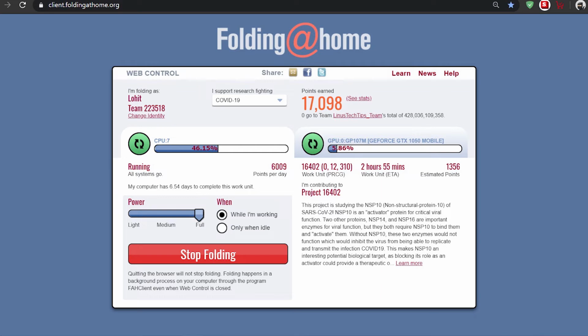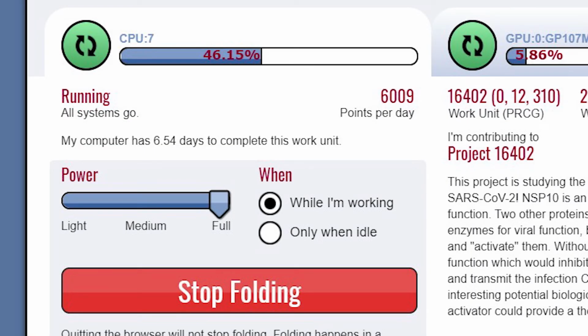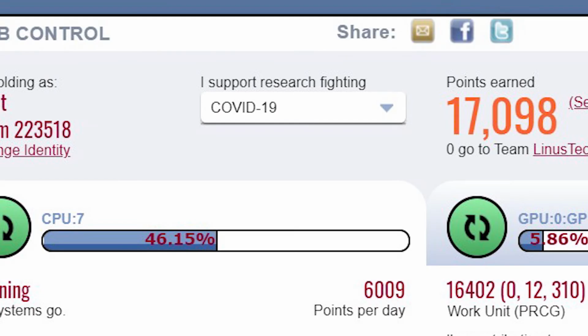Then you come across the main page, which shows the status of your CPU and GPU. Here you can choose to contribute your computing power either while you are working or when it's idle. You can also choose the intensity from low to high. To the top in a drop down menu, you have to choose COVID-19 to contribute towards the research for this specific disease.